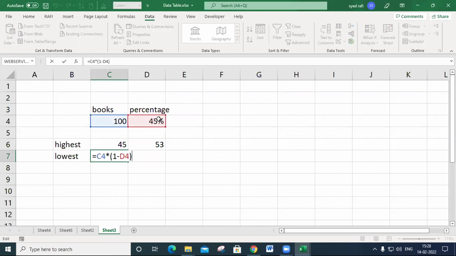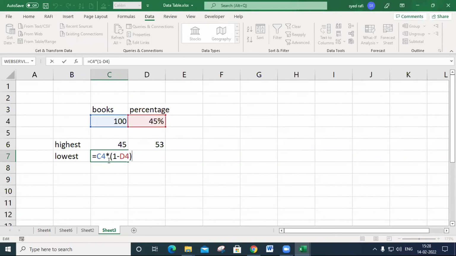This is the formula. I don't want to depend on this one, because it already depends on these two. This value, when you get it, will be calculated from these two values. So I don't want to depend on this one; I want to depend on both of these two.